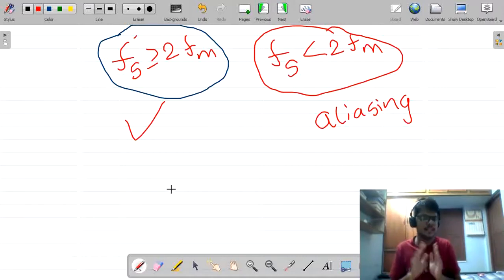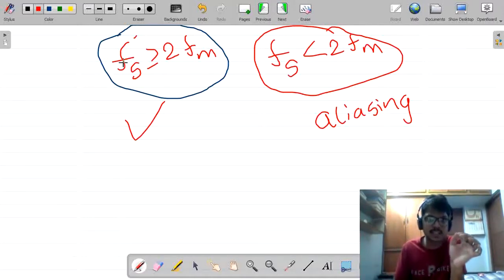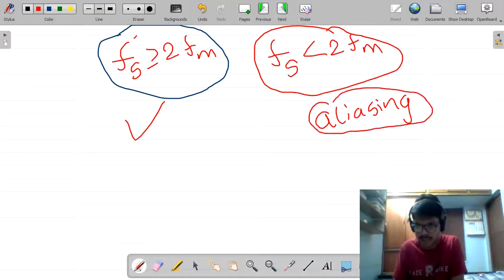Assume you have sent a signal. Now what happens? If this condition is satisfied, there is no problem. Our signal will be stored and it is displayed. Assume that the condition is not satisfied and it is facing the problem of aliasing, then our signal information is not stored at all. So even though there is an input signal flow, there is no display at the output. So we need to avoid this concept of aliasing.